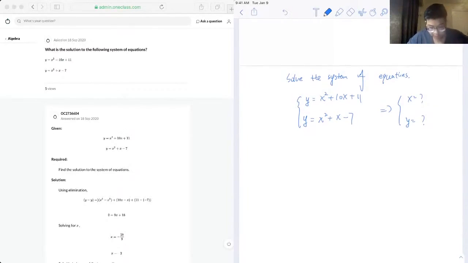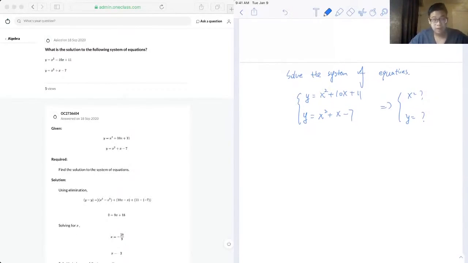So in this case, the most obvious way of getting rid of one variable is to use left hand side minus left hand side and right hand side minus right hand side, since in this way we can get rid of y and have only one variable left. So we have y minus y is equal to x squared